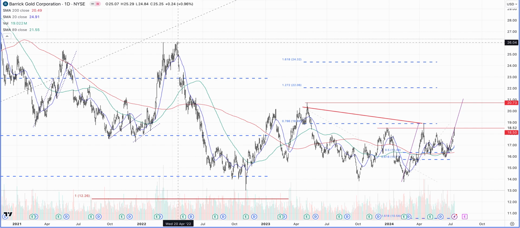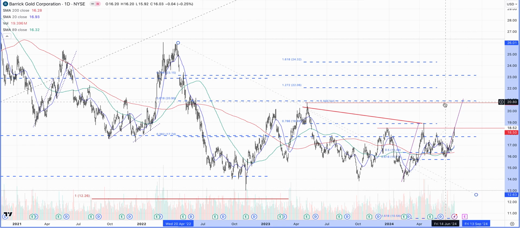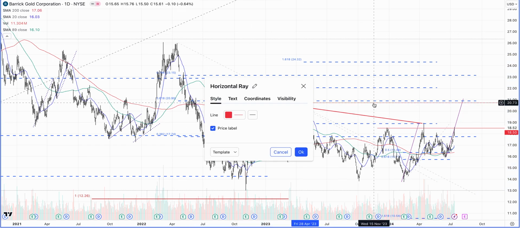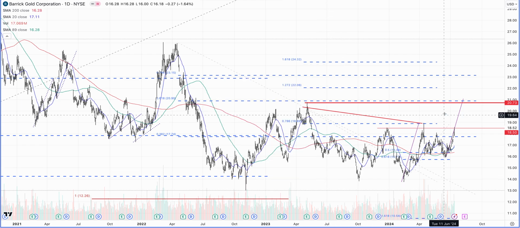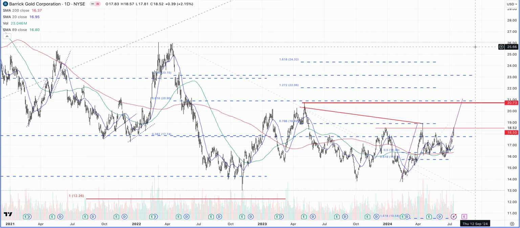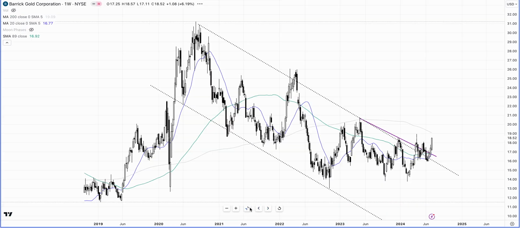And also, I think that we have this inverse head and shoulder pattern taking place in this stock. So this is the daily chart. I'm talking shorter term targets, by the way. So there we go. We'll have an ABCD at 61.8% retracement and a structural resistance here. So this $20.70 is a really important level to watch. Because what could happen is that if the market reaches that point, it could find resistance, move back into the range, which should give us another ABCD target to the upside. So this is what we're looking at in Barrick Gold.